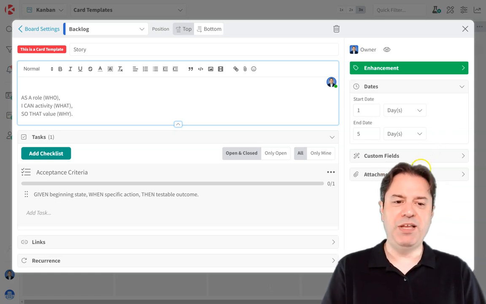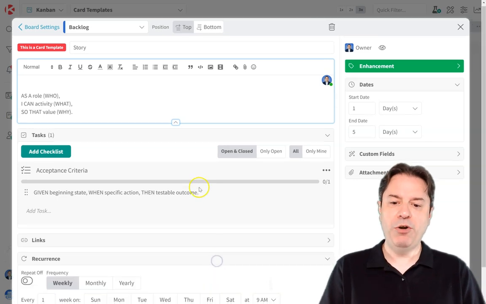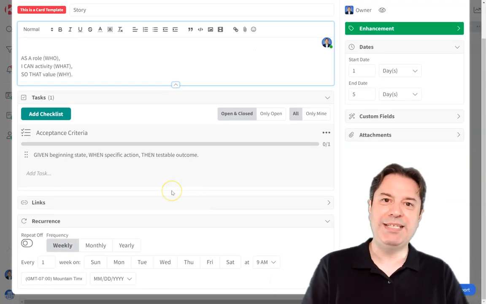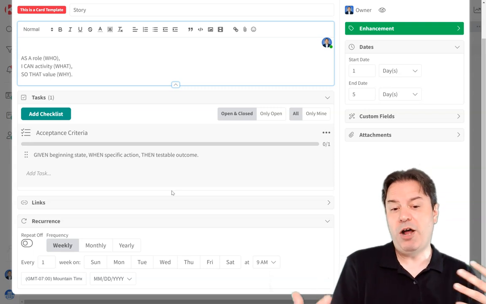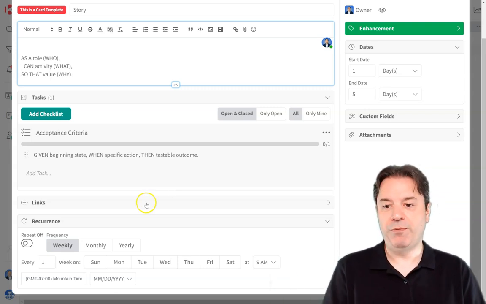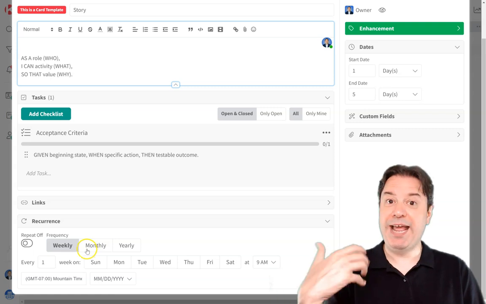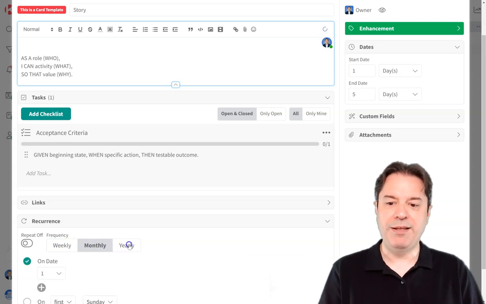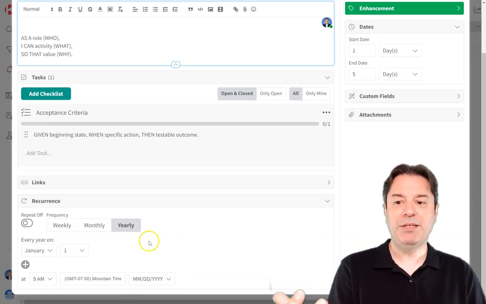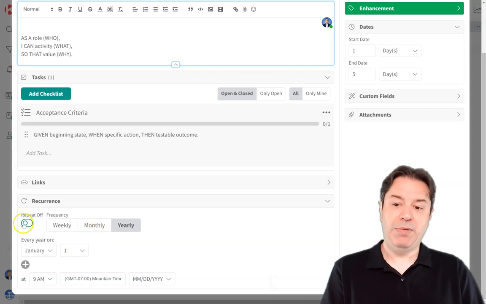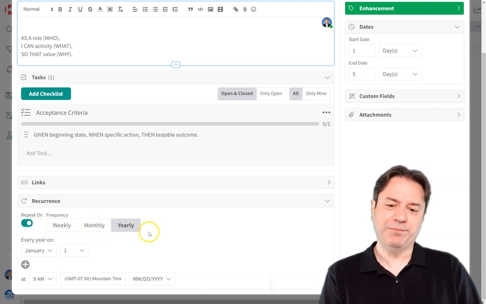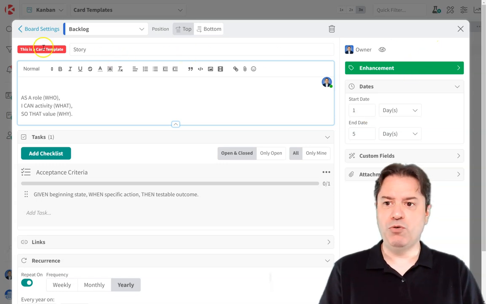I could add custom fields, attachments, links, and I could do recurrence. Now, recurrence is very powerful. It's a way to set cards to get created automatically on a set schedule. So you can actually create anything you want here using the weekly, monthly, or yearly concept. I'm not going to use it here, but I'm actually going to turn it on to show you what it looks like. And I'm going to go back to my